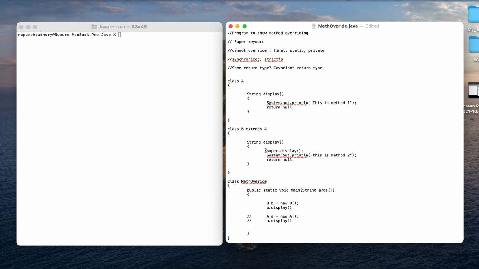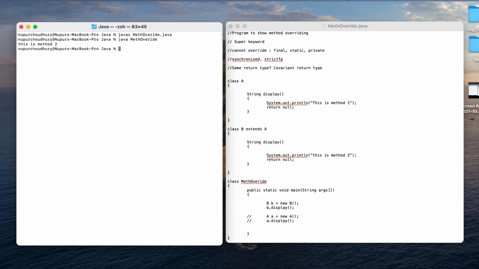Only then I'll delete this super keyword. Now let me compile this and check whether I'm getting the output. Yes, I'm getting the output.